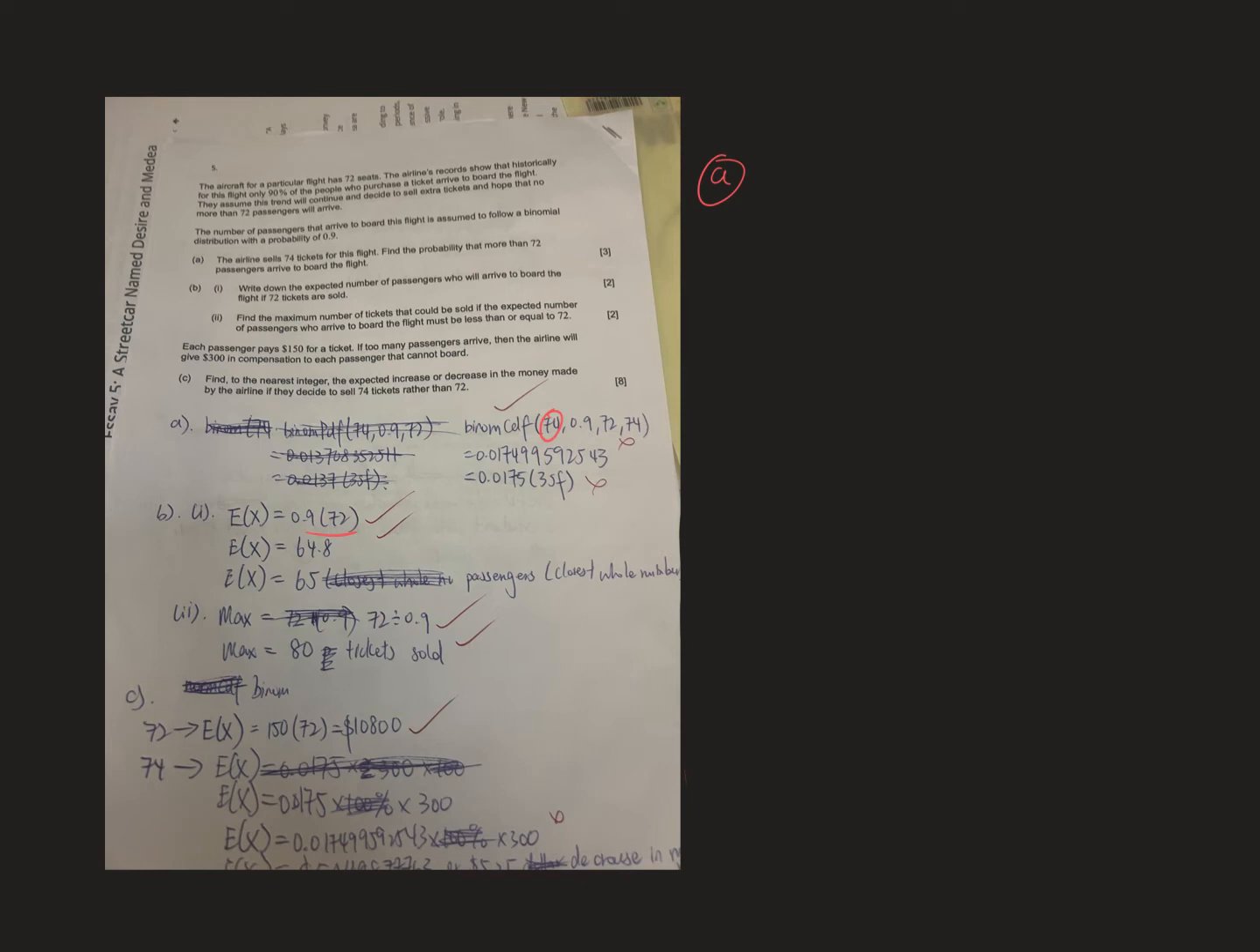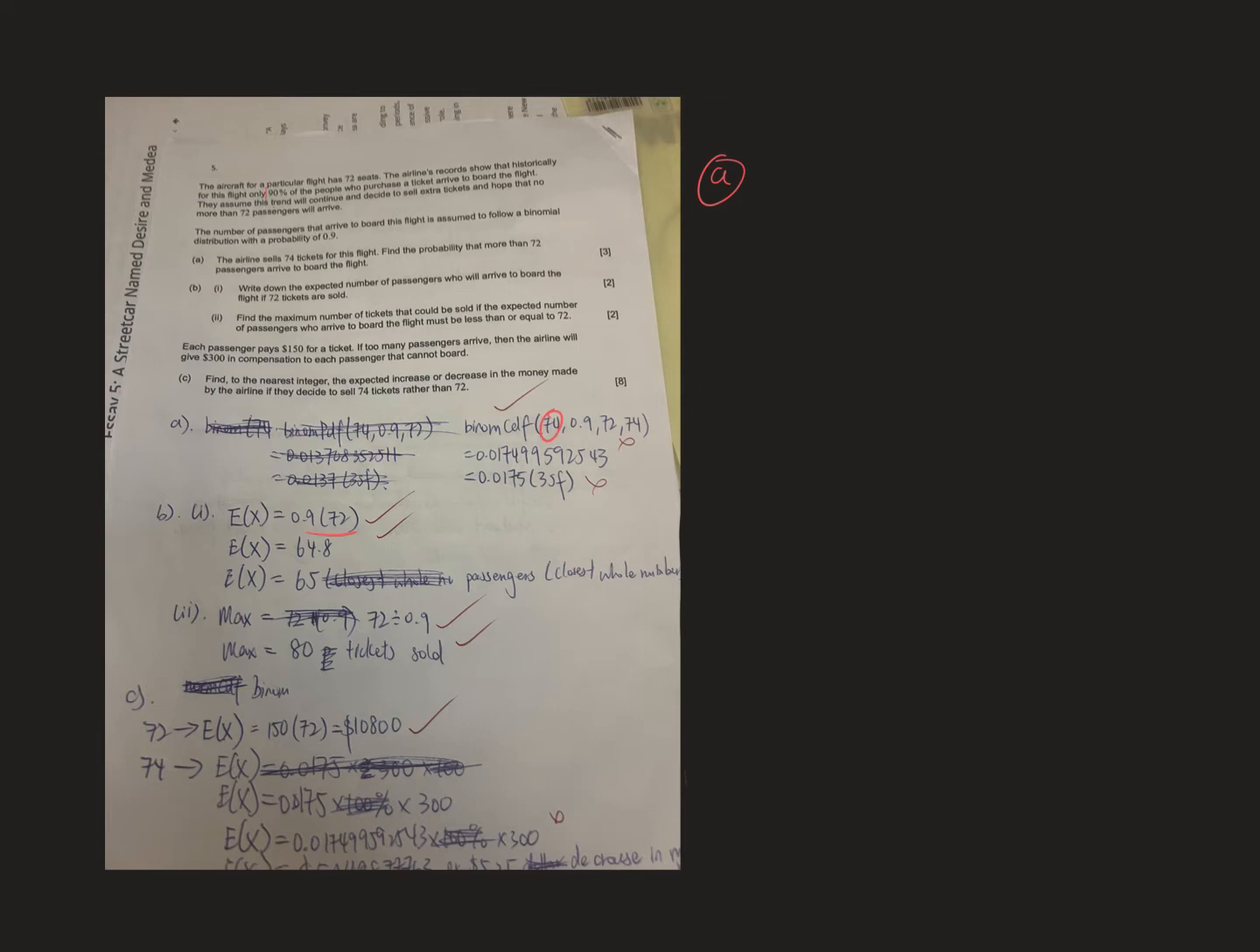Okay, so for question 5, it's about binomial distributions. The scenario is that we have an aircraft of 72 seats. Sometimes the airline company will sell extra tickets, just like in part A. The airline company can accommodate 72 seats, and from historical data it can be seen